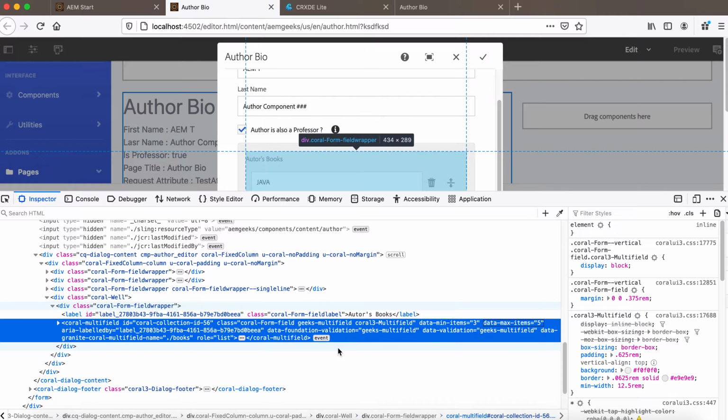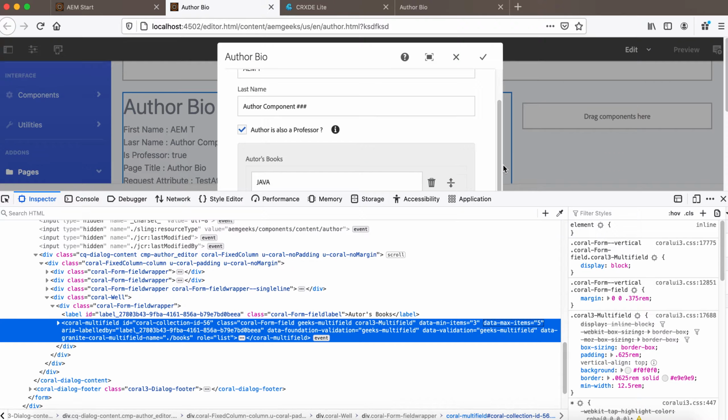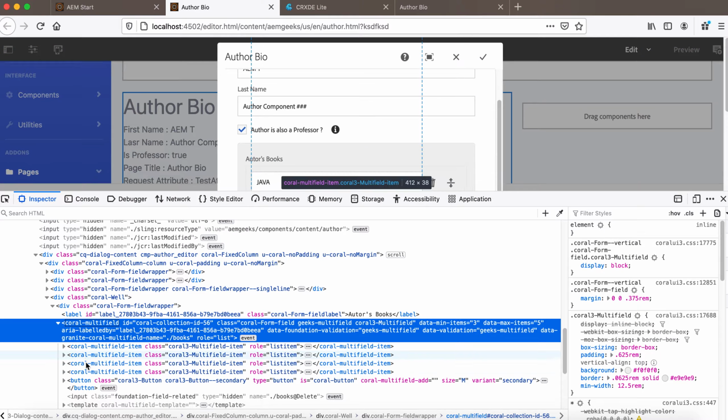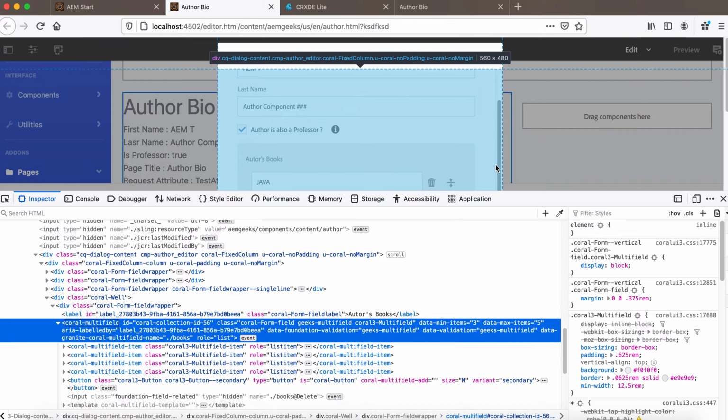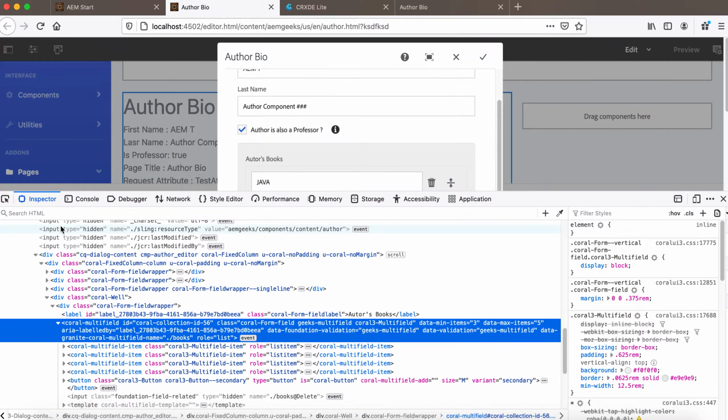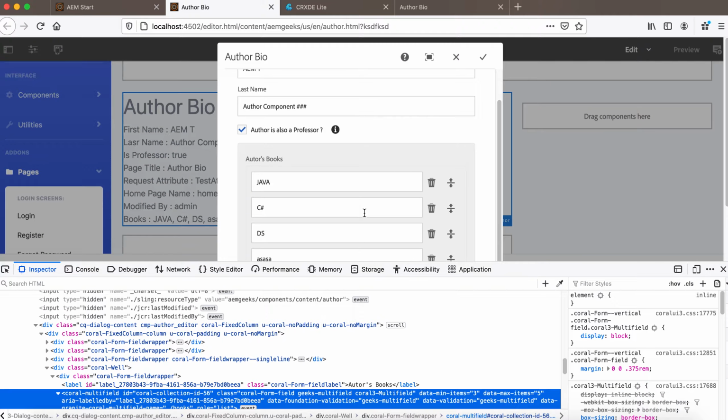You need to understand the dialog structure here. This is the multi-field, and however many iterations I add will be added under this field. You're seeing 1, 2, 3, 4 here. I have added 4.